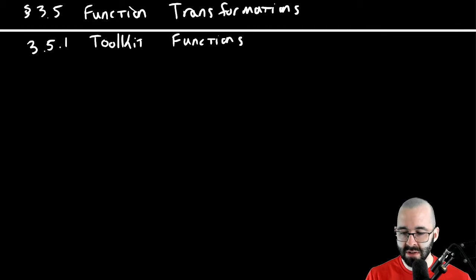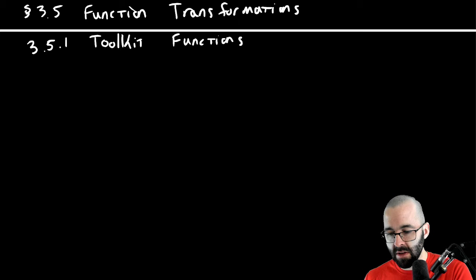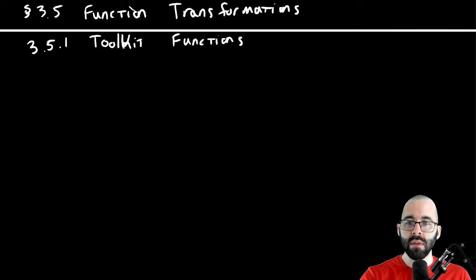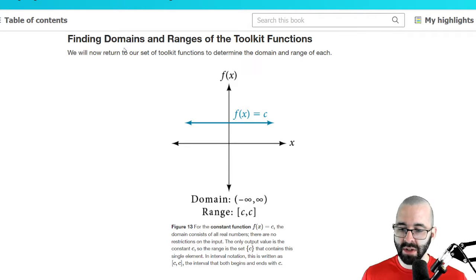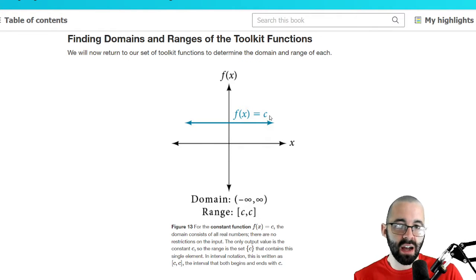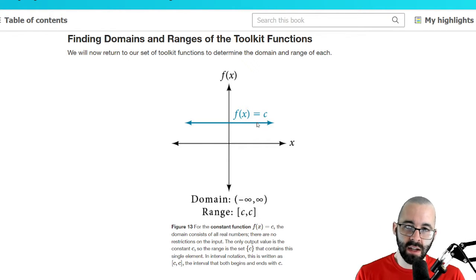These are functions that we will be assuming that you are familiar with. So let's review them real quick. They're actually really well described in section 3.2. And here they are. One of them is the constant function. This is like y equals 2 or f of x equals 5, where the function value is the same for